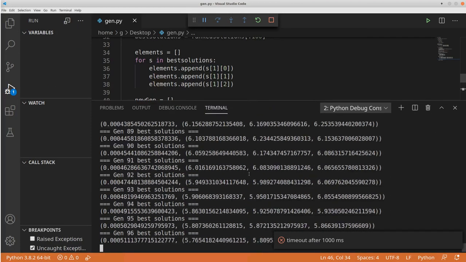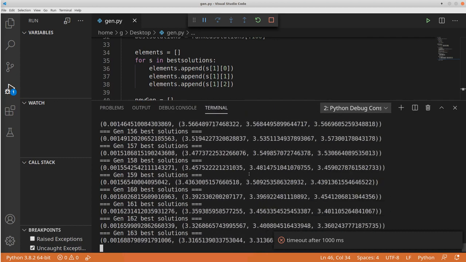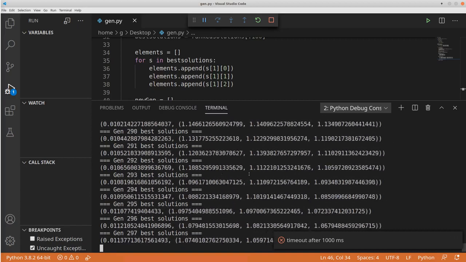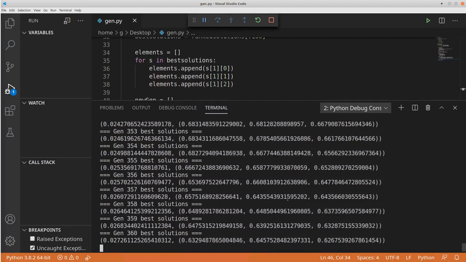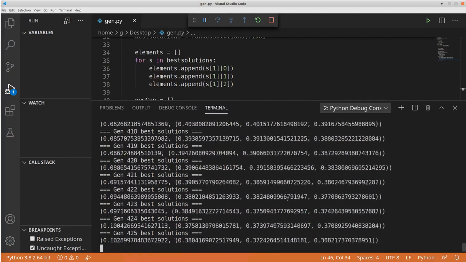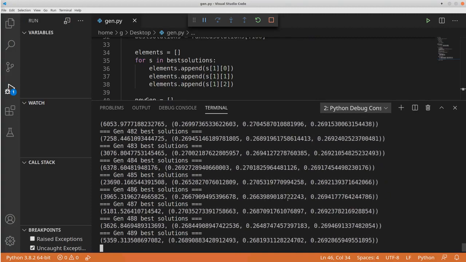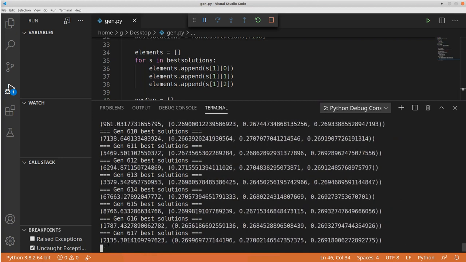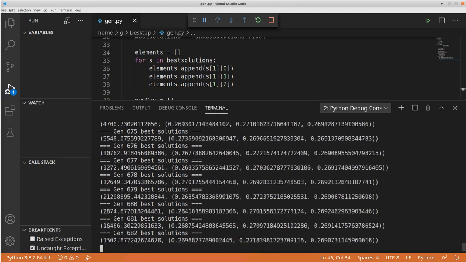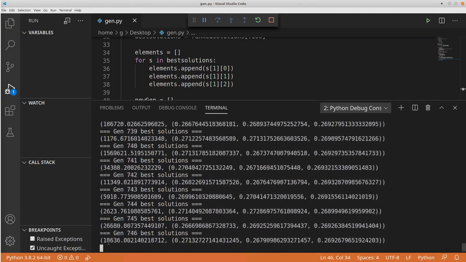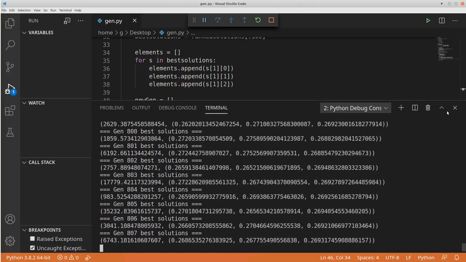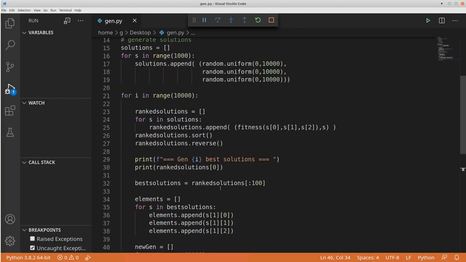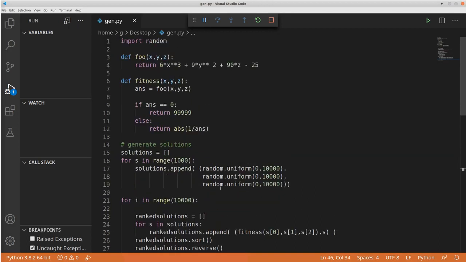Perfect. Okay, let's see. So it's slowly finding the optimal solution. Let's see how long it's going to take. It's probably going to take a minute or so. Do you see how the rank is getting higher? Whoops. The thing I missed here is that if we find something that's good enough, we want to